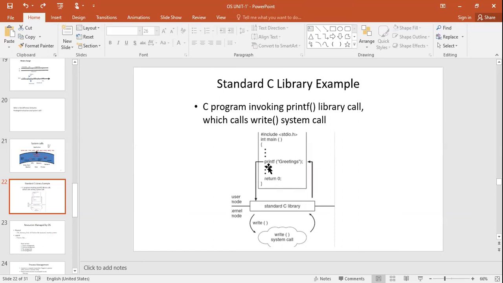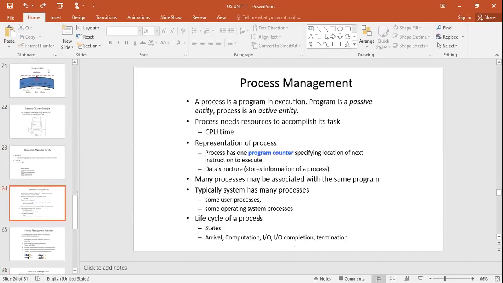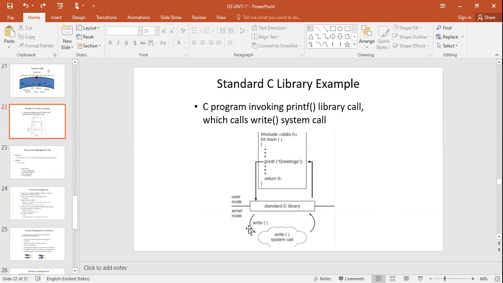So in order to interact with the operating system, this application needs to interact with the kernel, which is one of the core parts of the operating system. For that, it needs to change the mode from user to kernel. From 1 to 0 it is shifted, and then it looks for the C library, and then it calls the method write. The write method is used to write the information on the output device. So it calls this particular system call, and that is executed.